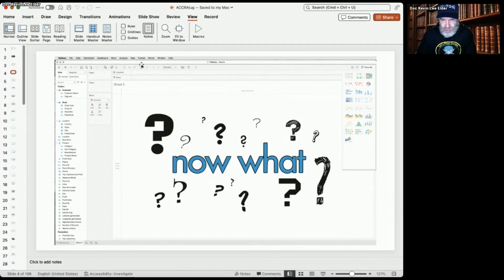You can put maps in there. There's all kinds of formatting you can do. Up in the upper right, it says "Show me," and it will bring up the most common charts and give you some guidance as far as, well, with the data that you have currently loaded and the chart you're looking at, maybe you might want to change to this chart.